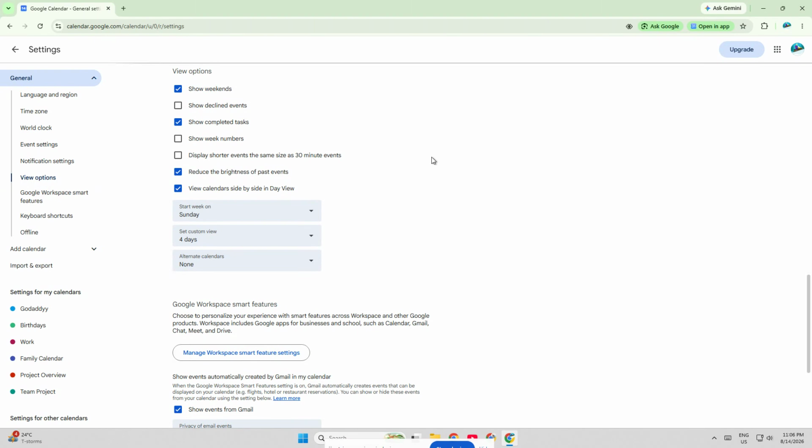Now look for the option called Start Week On. By default, it may be set to Sunday depending on your region or account settings. Click the drop-down menu and select Monday. As soon as you choose Monday, the change is saved automatically, so there's no need to press a save button or confirm anything else. Now go back to your calendar view and you'll see that your week starts on Monday